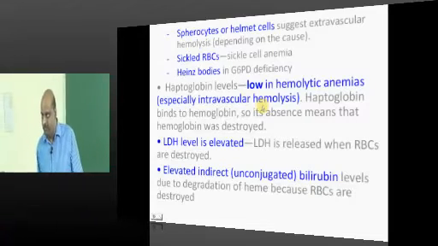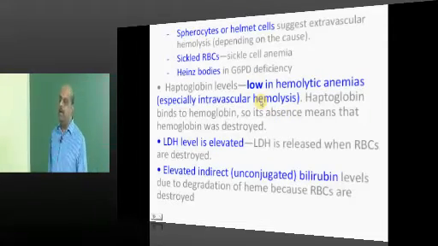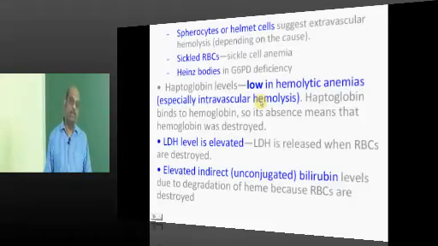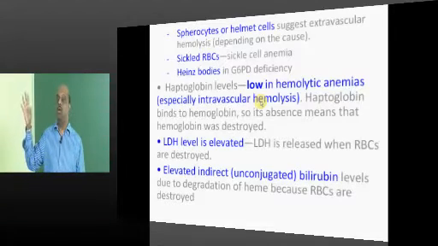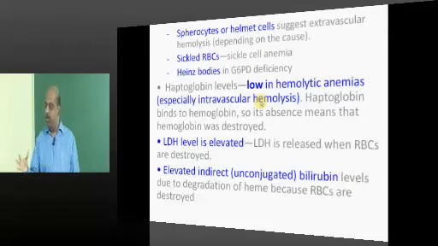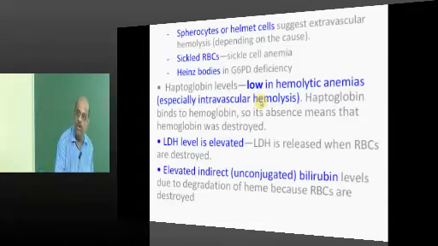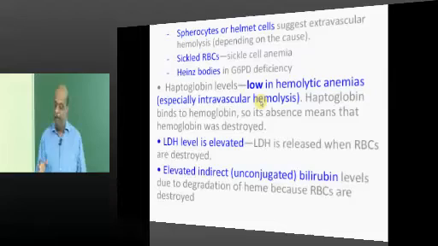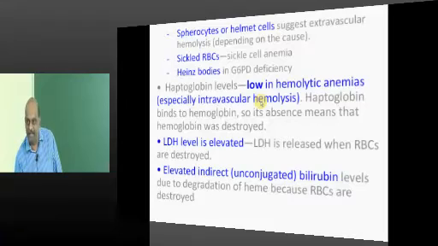Where do you find Heinz bodies? If there is a G6PD deficiency. What is the role of G6PD, doctor? G6PD basically is a part of the pentose phosphate pathway which produces NADPH. NADPH is required for what purpose? You have a molecule called glutathione. Glutathione will capture the free radicals, oxygen free radicals, and prevents them from denaturing the hemoglobin. But in the process, glutathione will lose its reduced state and it also becomes oxidized.